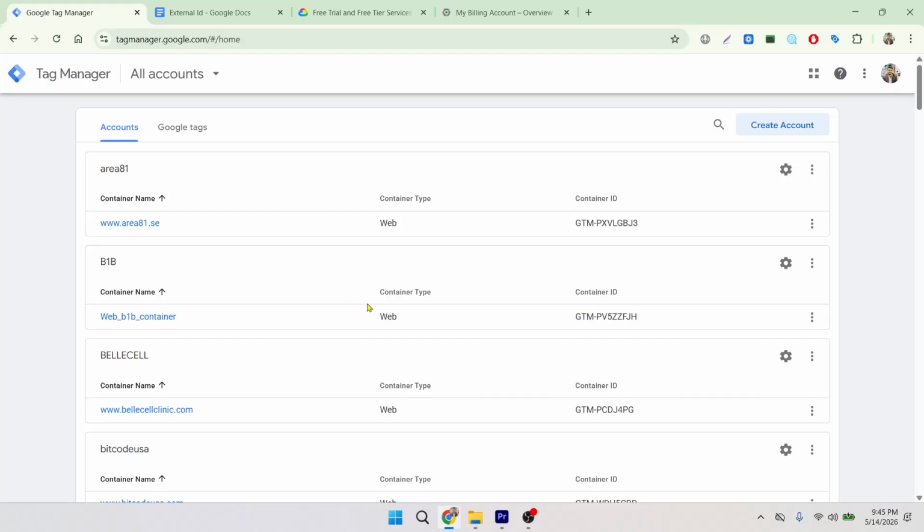Today I will create a new tutorial on how to create a server-side container using Google Cloud Server. So let's get started. You can see I am on the Google Tag Manager account dashboard, and on the top side of this container you can see there is a create account. So I will create a new account,